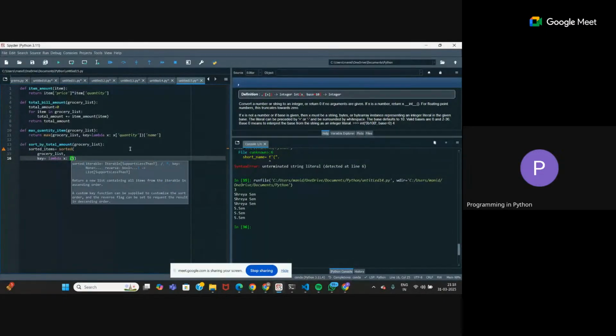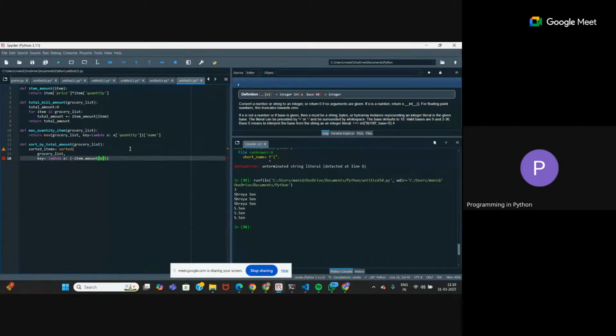So for this, there have to be two conditions given to the lambda function. The first condition is the primary condition, which is the item amount. Okay. So anyone knows why I'm using this negative sign? Because we are sorting in descending order, right?